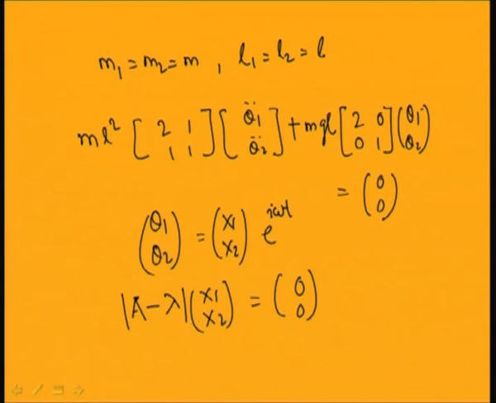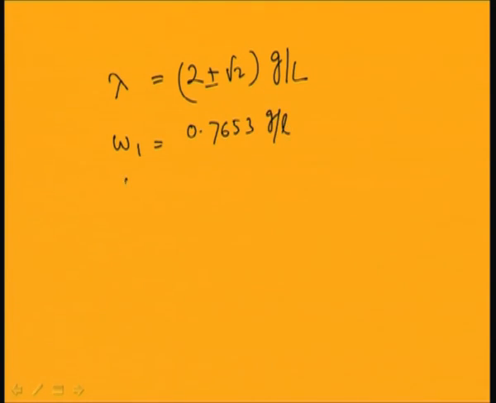Now we find the determinant of A minus lambda I, with A minus lambda I into x1, x2 equal to 0, 0. So this reduces to an eigenvalue problem. Either you find the eigenvalues of matrix A, or you find the determinant of A minus lambda I to find lambda. So lambda you will get equal to 2 plus minus root 2, times g by L. So your omega 1 will be equal to 0.7653 root over g by L,